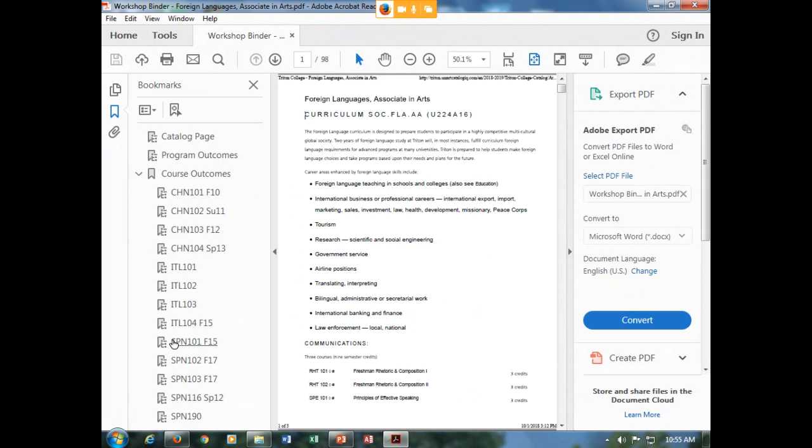So this should be everything that you need to take a look at the courses that are program-specific. Take a look at your catalog page. Again, if you have existing program outcomes, they are there. Use that bookmark tool to click through, but you should have everything you need to create your program level outcomes or to refer to and revise your program level outcomes, right?